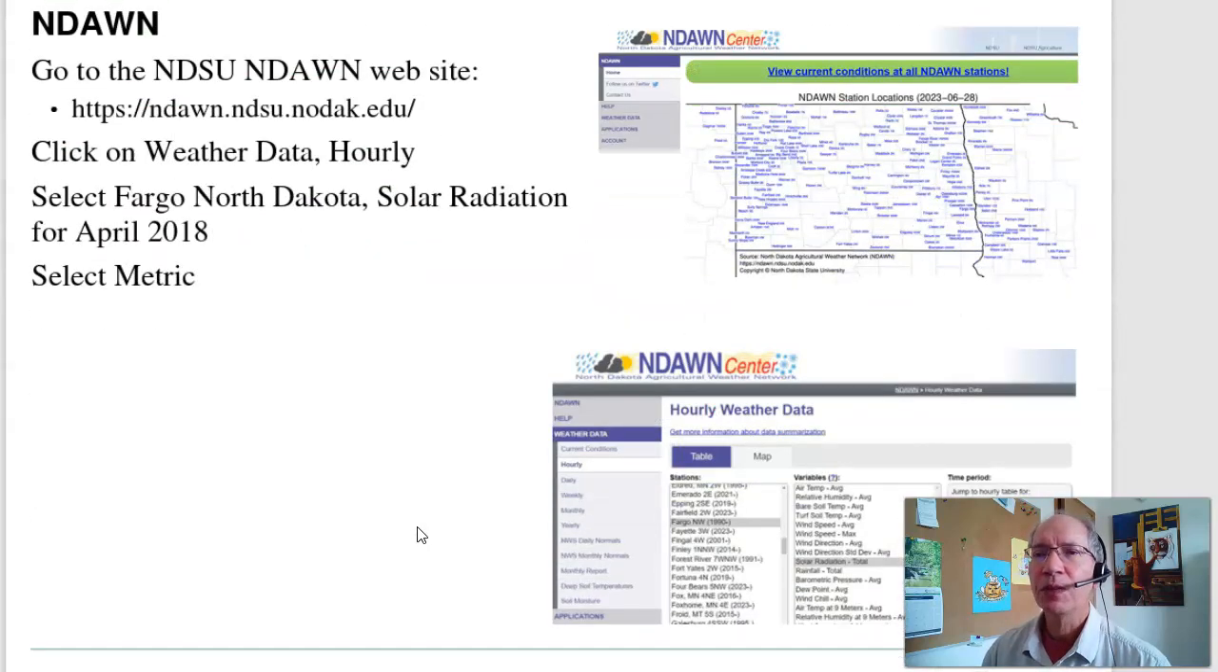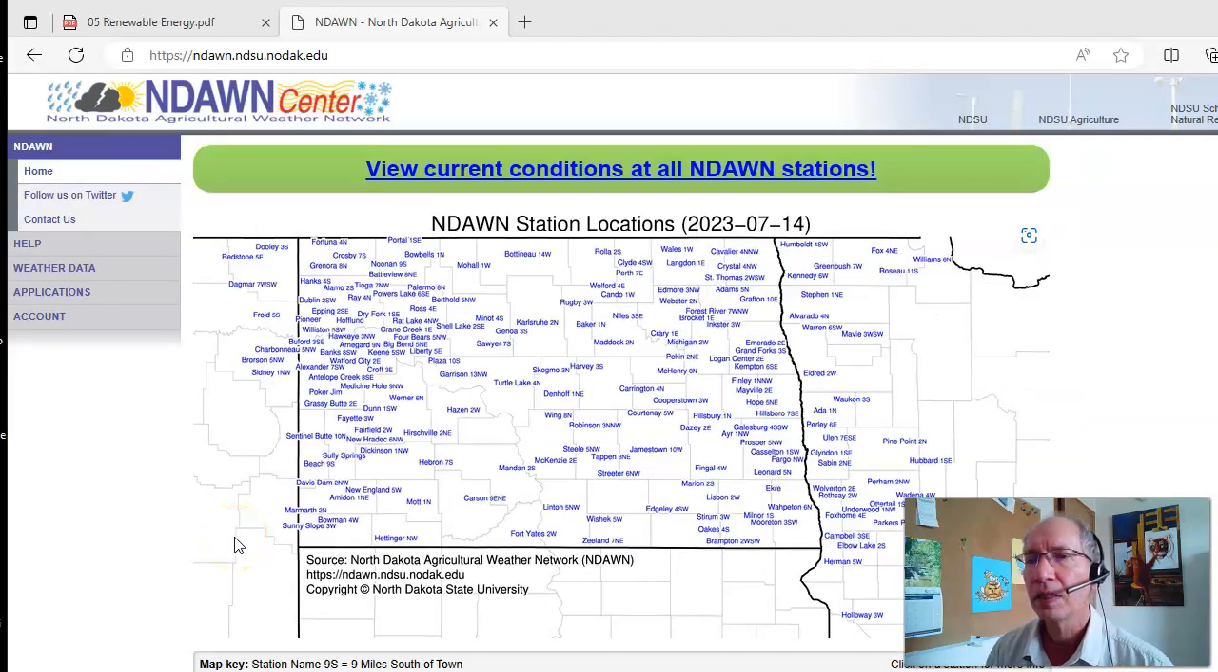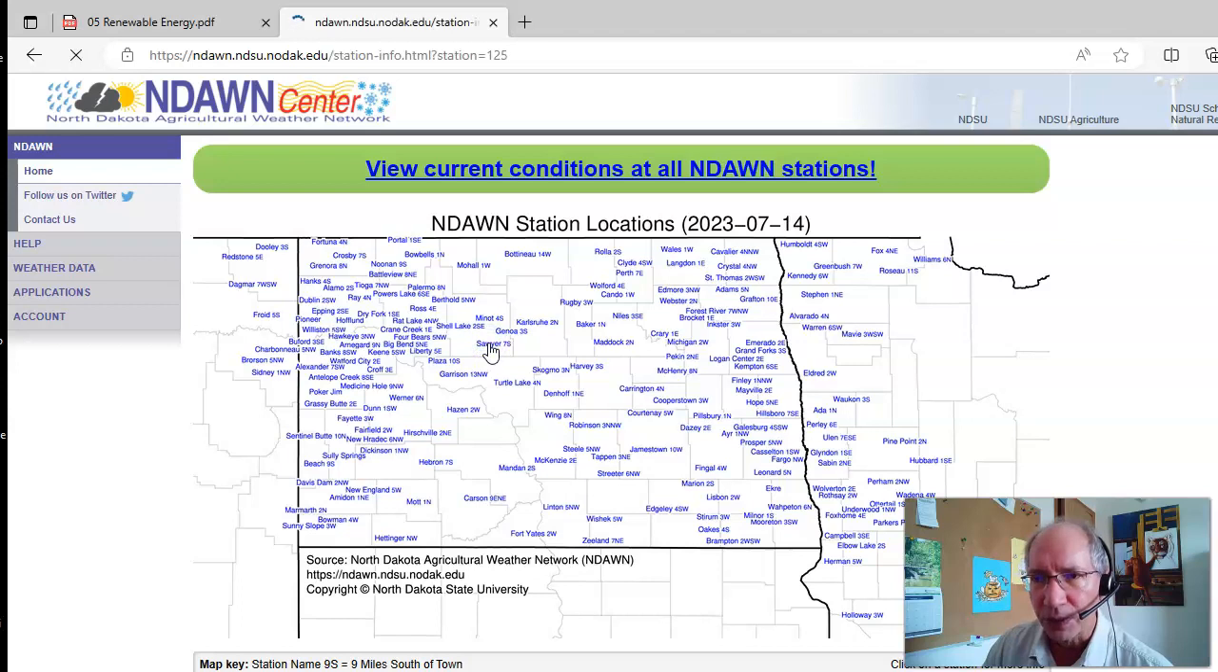So the first thing we need to do is get data. So if you go to ndsu.edu/ndawn, this is what the NDAWN website looks like. This is actually a website from the North Dakota State University Department of Agriculture. And what they're doing is they're monitoring the weather at different spots across the state and in Minnesota. They're looking for conditions for fungus growth. So if I pick one of these, like Sawyer, North Dakota,